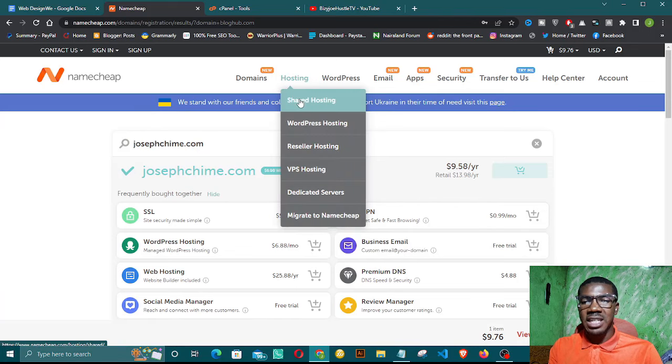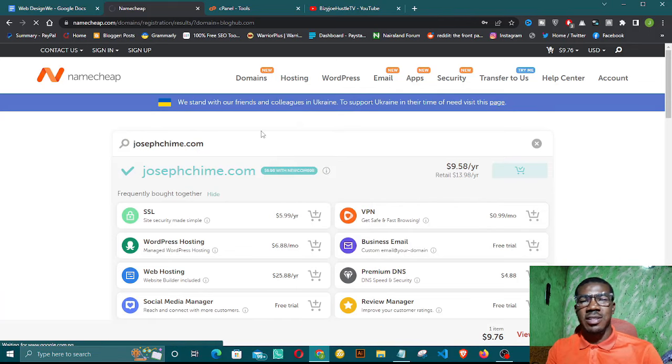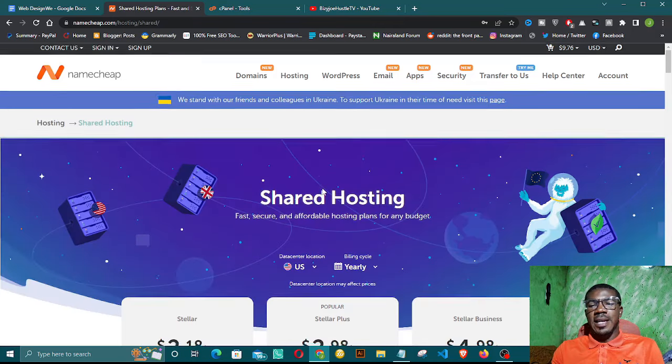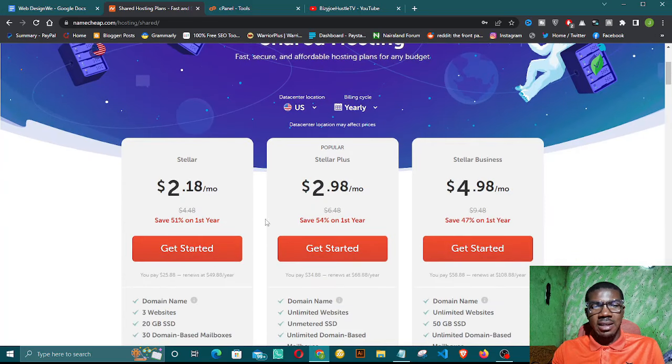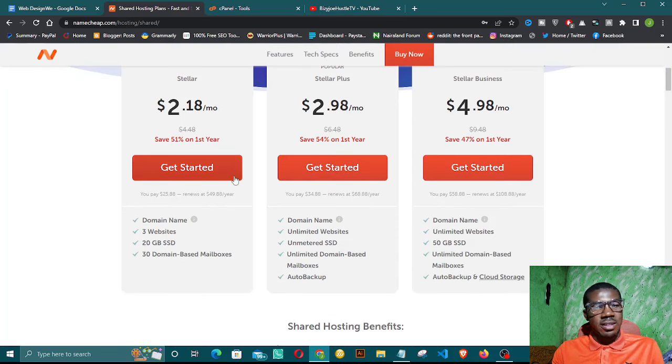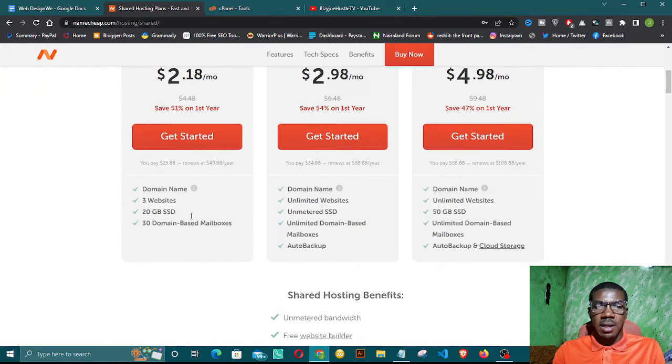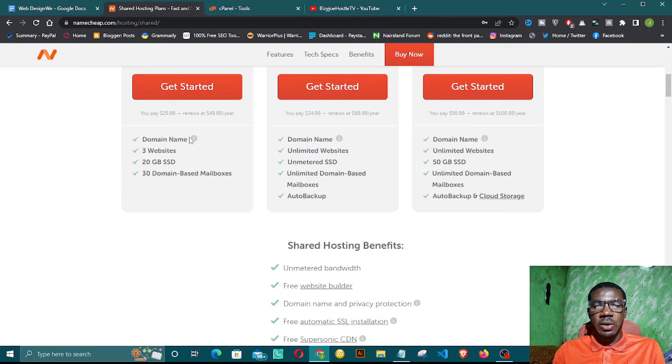So you buy shared hosting. Shared hosting is very good. So you go to shared hosting. Then in shared hosting, these are the packages they have. They have the Stellar, the Stellar Plus, and the Stellar Business. So for the starter, you can start with the Stellar. You can start with this particular package. It's cheaper. So with this, you can register a domain name, then three websites, 20 gig,